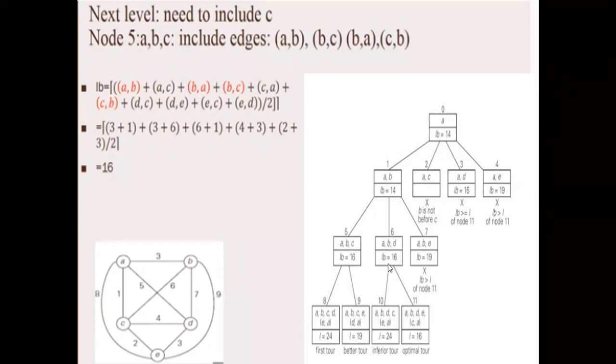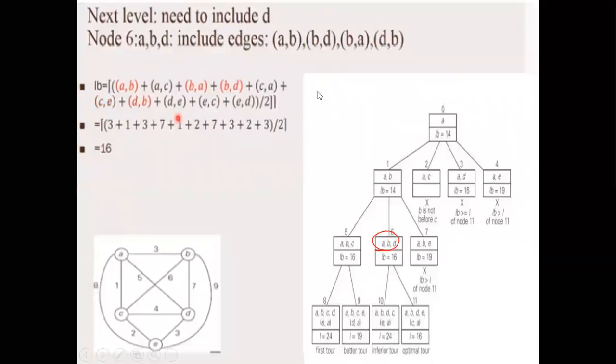So next move from A to B, we already moved. From B, move to D, C or E. Okay, let me start writing instead of discussion. So let me start writing as I already told, A, B, D. This is the one. So A, B, D. Okay, A, B, D is the one. So 16. Yeah, this one, right? So let me just show you because time is running.